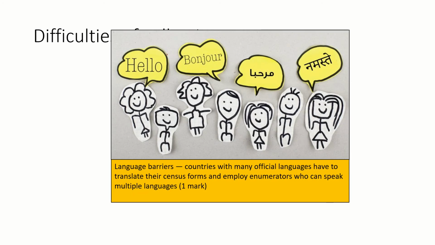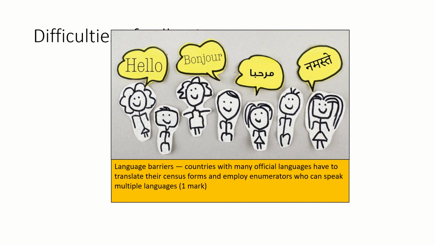One of the most fundamental reasons that it's difficult for countries to carry out a census is language barrier. Some countries have many official languages and have to translate their census forms and employ enumerators who can speak those languages. An enumerator is the term we use for a person who carries out the census. That person requires training, and clearly in some countries they would require to have language skills as well. In India, for example, there are anywhere up to 500 recognised languages or dialects, and that makes it a huge challenge for them to carry out an